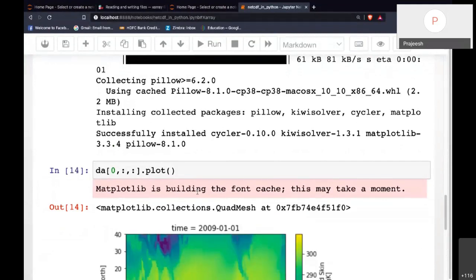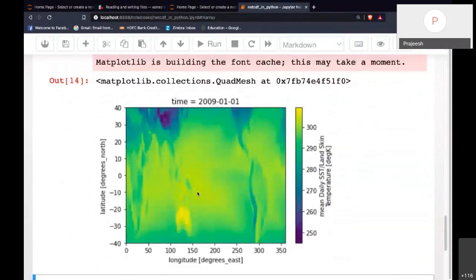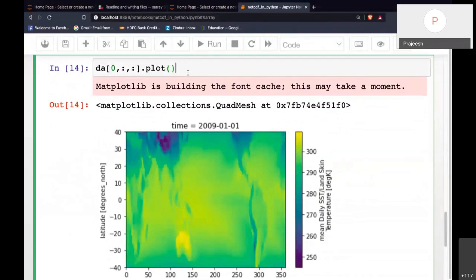The matplotlib is installed, and I could just plot and see what is there.